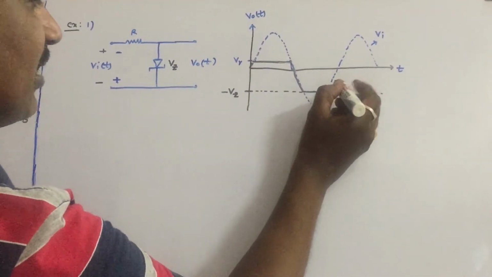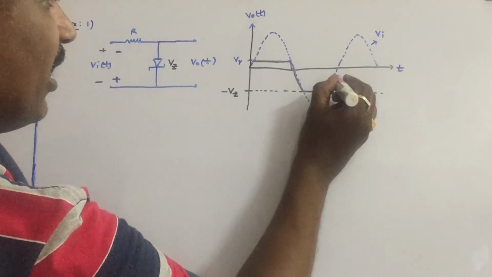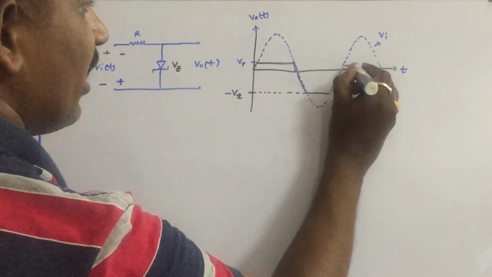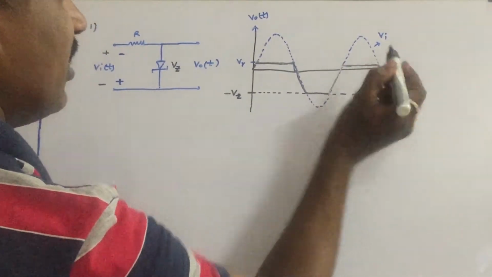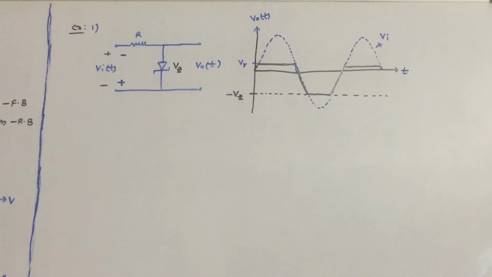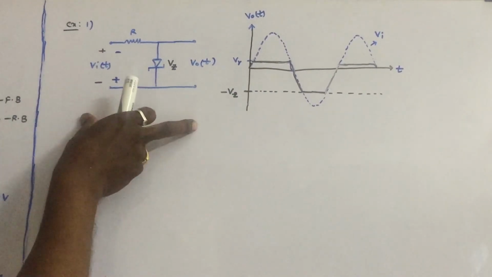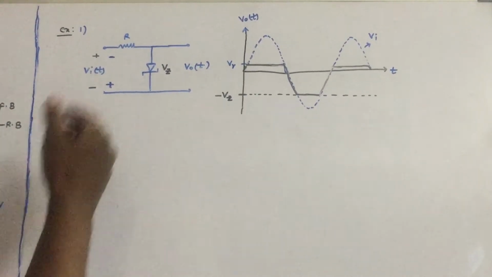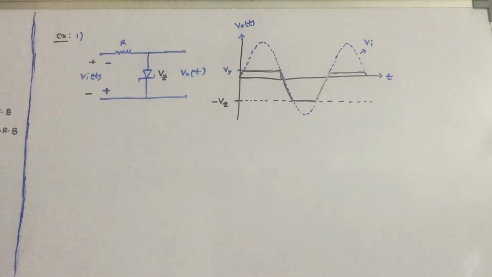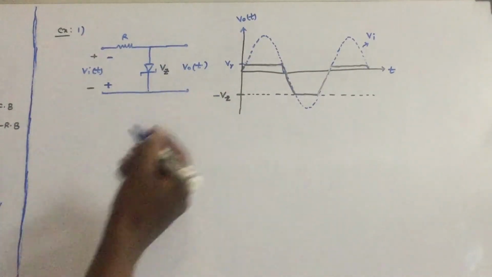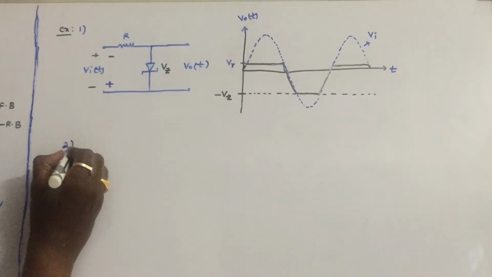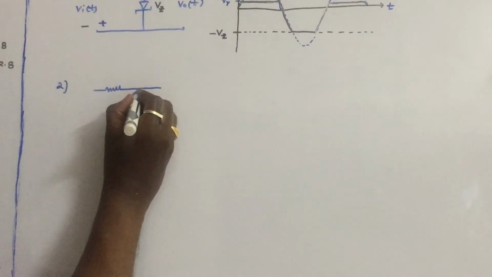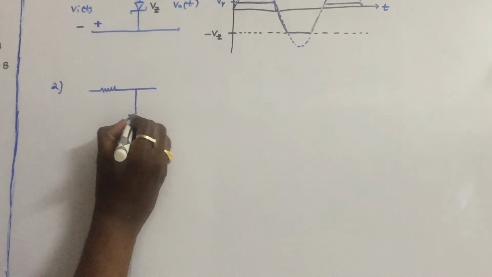Again, once the input voltage is less than the Zener breakdown, output voltage is equal to input voltage. This is the cut-in voltage we have just taken. These are the characteristics you can observe in the laboratory when you connect the Zener diode circuit like this. So let us take example 2, just reverse the diode. Let us see the characteristics of circuit 2.